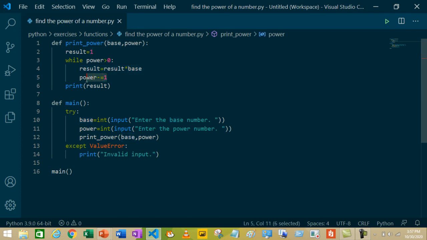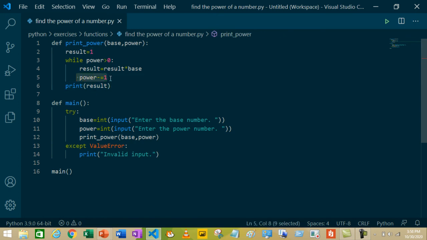Next, again, we are decrementing power by 1. So power's value is 1 now. As 1 is greater than 0, it will execute the while loop. Again, we are multiplying 25 by 5. So now result's value is 125. And again we are reducing power by 1.